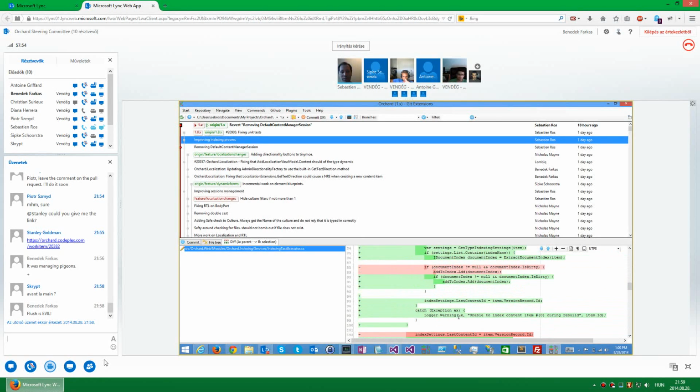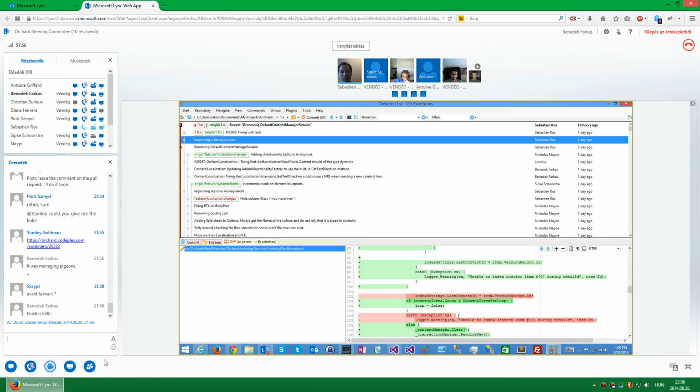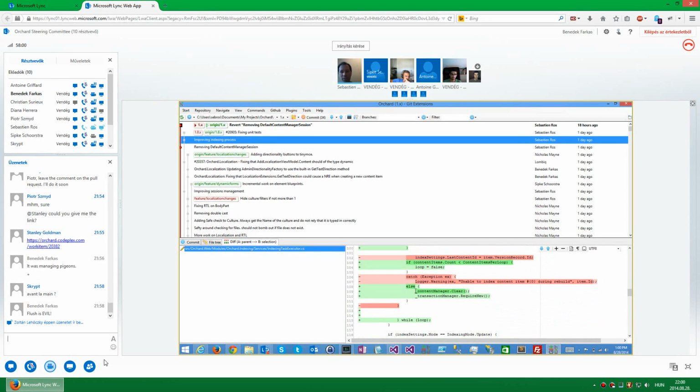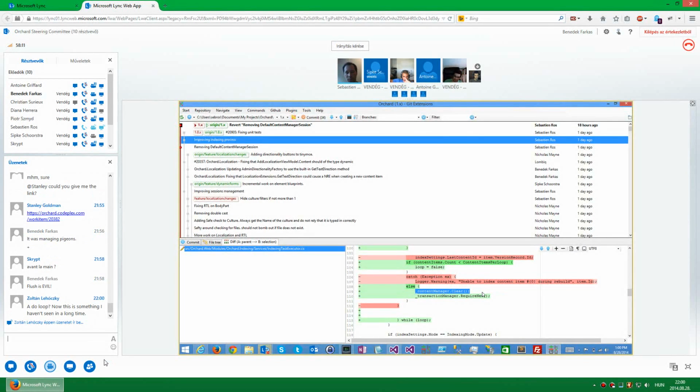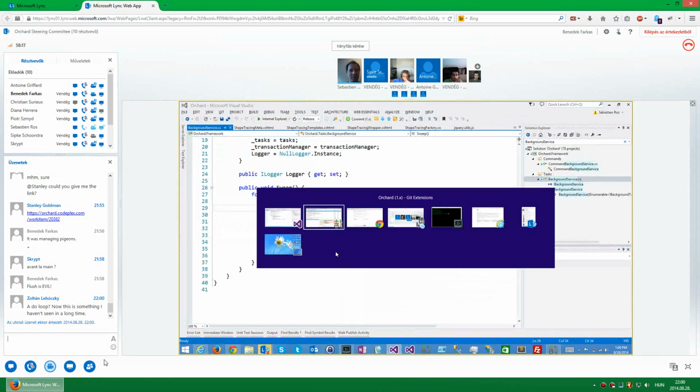Where is it? So it should be the opposite. Require new before clear. Okay, I will fix it. But this is a pattern.